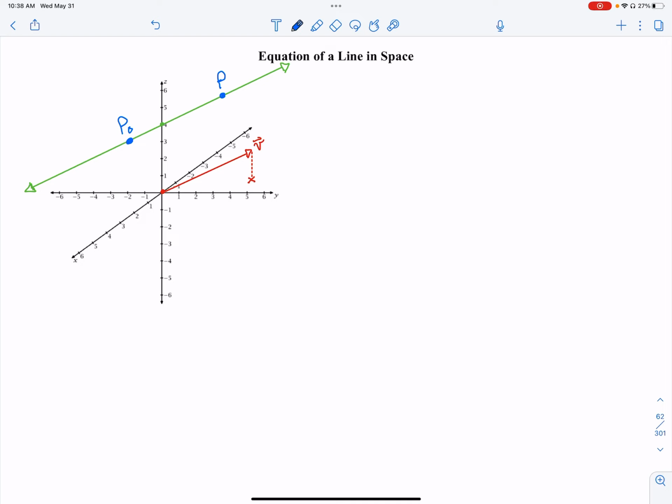I have my green line, and then I'm going to let V be a vector that points in the direction of my line. Okay, so I'm going to write out my logic following this equation. This is going to be the theory behind why the equation of a line is the equation of a line. Since line L, we'll call this L here, is parallel to vector